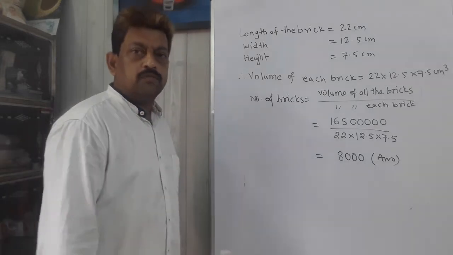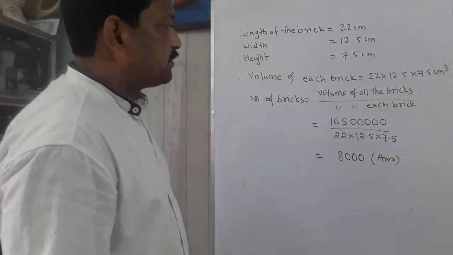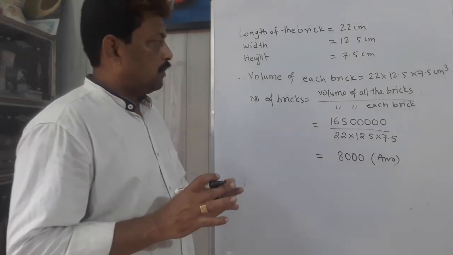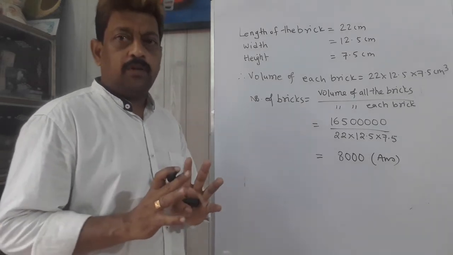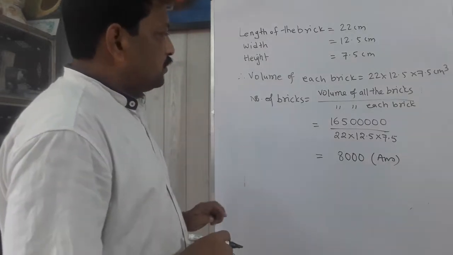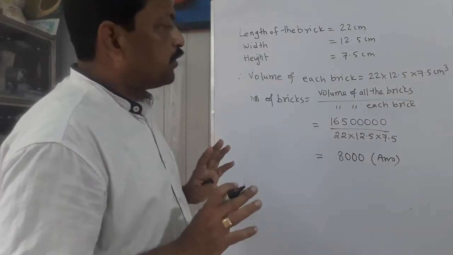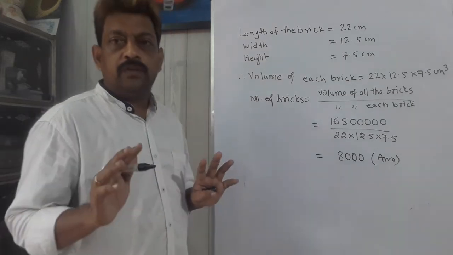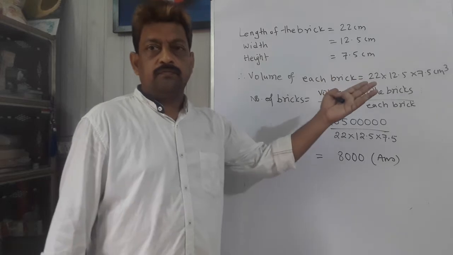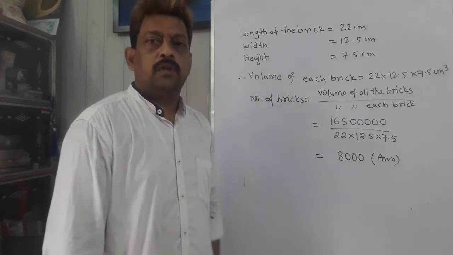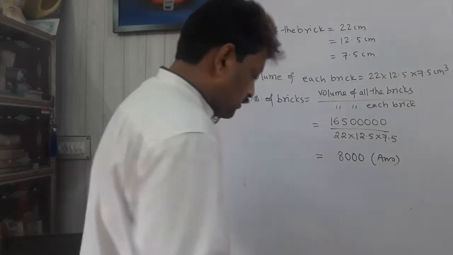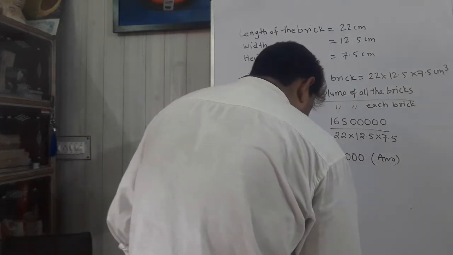Understood? The sum was a little bit lengthy, critical, but still it can be done. If you try to understand the problem, you can easily solve it. Okay. So this was a good sum, important one. You have to do it on your own. For example, you can change the values and then with new values do the sum again. Okay. Now next question.